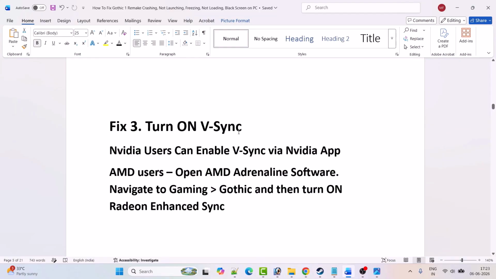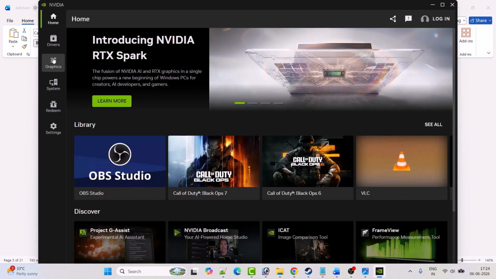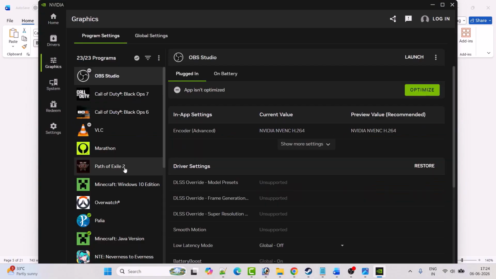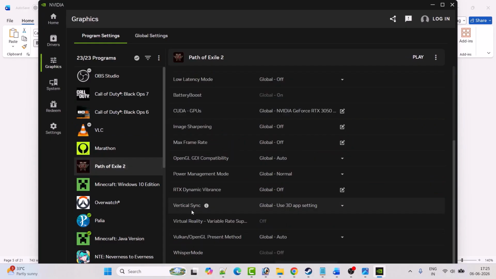Fix 3 is to turn on VSync. NVIDIA users can enable VSync via the NVIDIA app, and AMD users can open AMD Adrenalin software, navigate to gaming, select the Gothic game, and then turn on Radeon Enhanced Sync. So NVIDIA users, open the NVIDIA app, then go to the graphics section and then select the Gothic 1 remake game from the list. This is just an example I am showing with another game, and here you will see the VSync option. If it is turned off, then you have to turn it on, and then you can go ahead, launch the